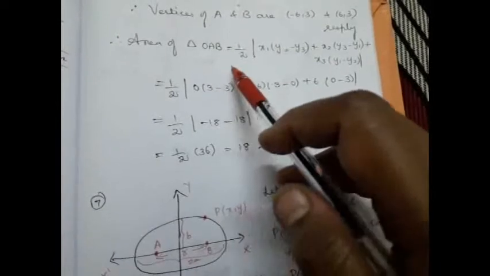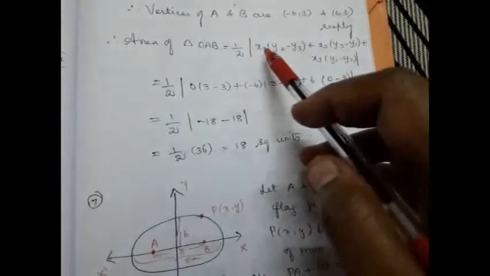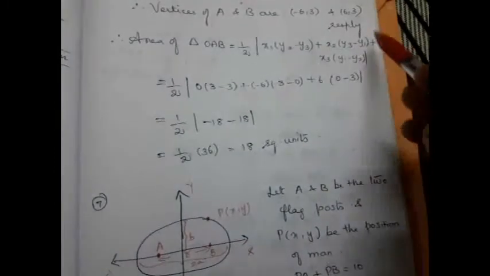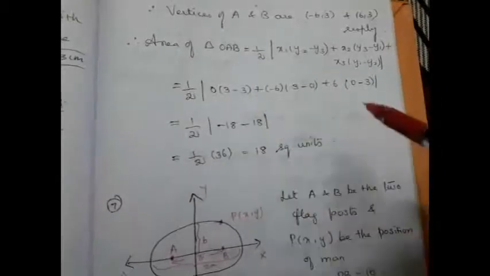So we got all the three coordinates. Now we can find the area of the triangle. What is the area of a triangle formula? Half into modulus of x1 into (y2 minus y3) plus x2 into (y3 minus y1) plus x3 into (y1 minus y2). So if we substitute all the values, we can obtain the area of the triangle, right? Now let us see the 7th question.